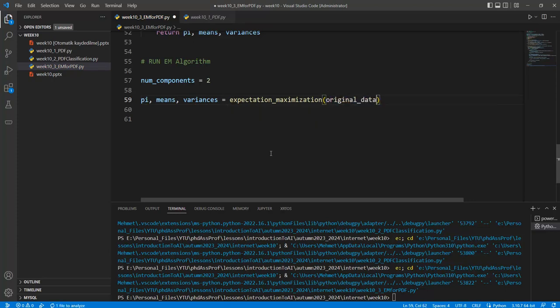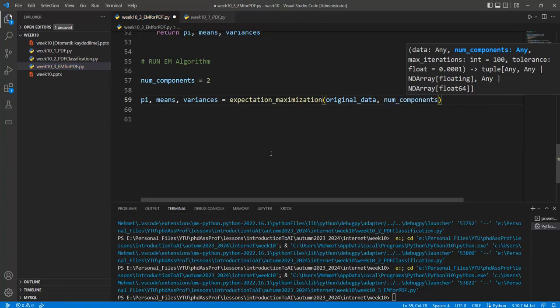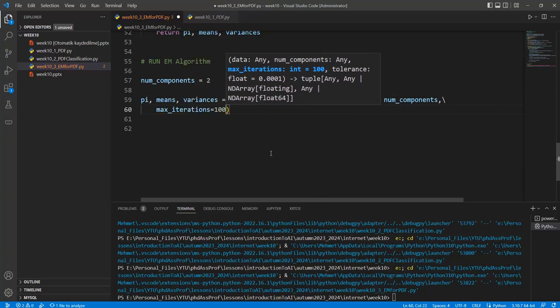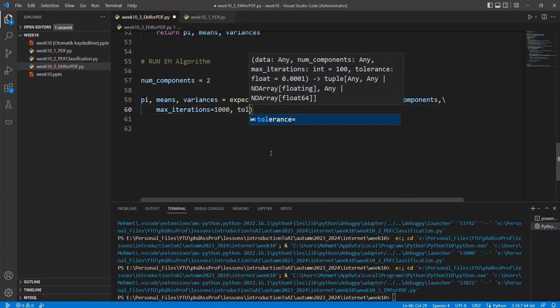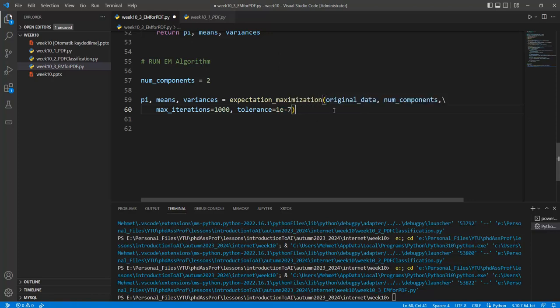We should give the original data, num components, and max iteration 1000, and tolerance is 1e-7. If I run this code, the expectation maximization algorithm returns the best pi, means and variance